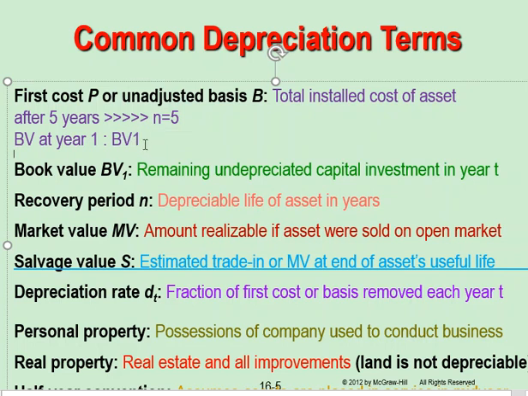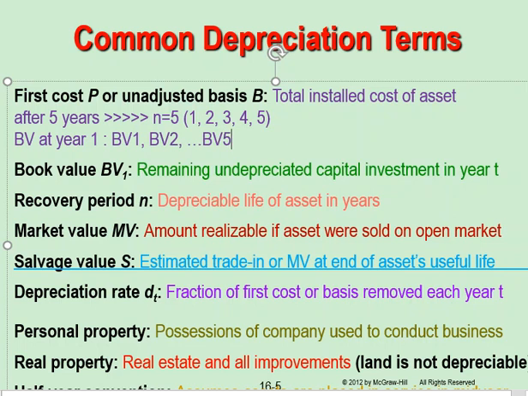This is n equals 1, but in reality the total depreciation life of the asset is how much? 5. So n can be 1 or 2 or 3 or 4 or 5. So I can get PV1, I can get PV2, all the way to